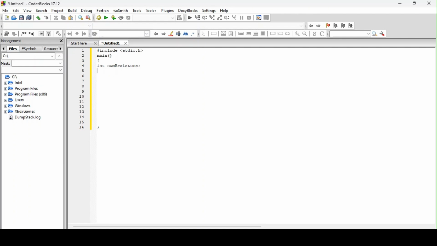And secondly, we say float. We are using float, and we say float voltage, and comma. Why are we using float? Because the voltage could be a decimal number, while the number of resistors, the number of things, cannot be a decimal, so we are using an integer, because we're expecting an integer number. So now we're saying float voltage, and say total resistance,